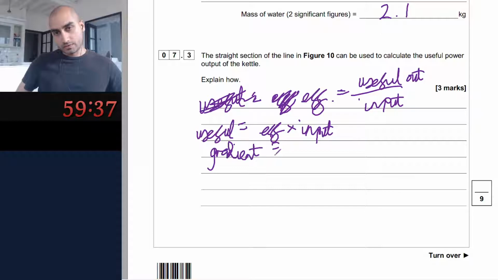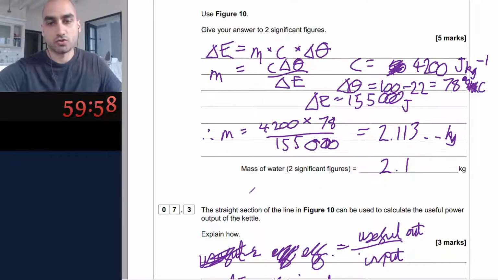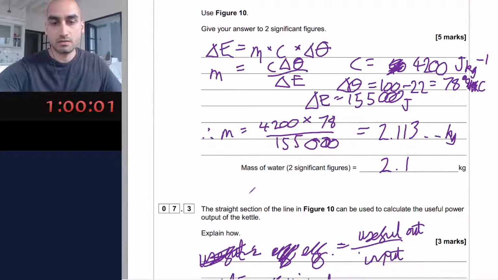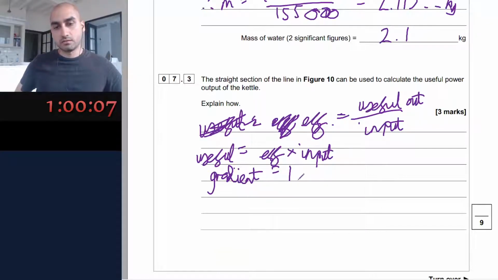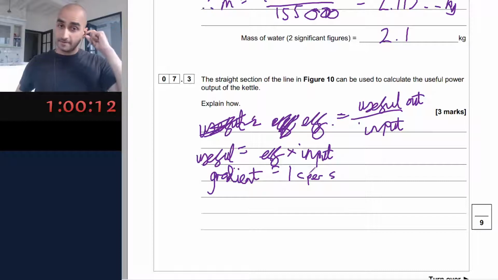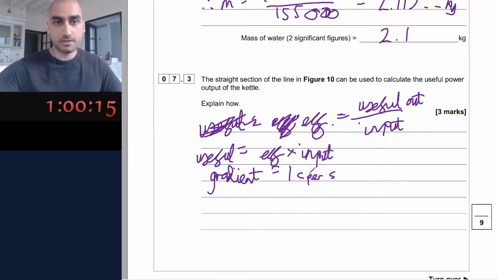Gradient equals. Wait, kettles are 100% efficient, aren't they? How can they not be? Oh, but we're not finding the efficiency. But we know it's 100, isn't it? So hang on, so it's gradient equals 1 C per S. So